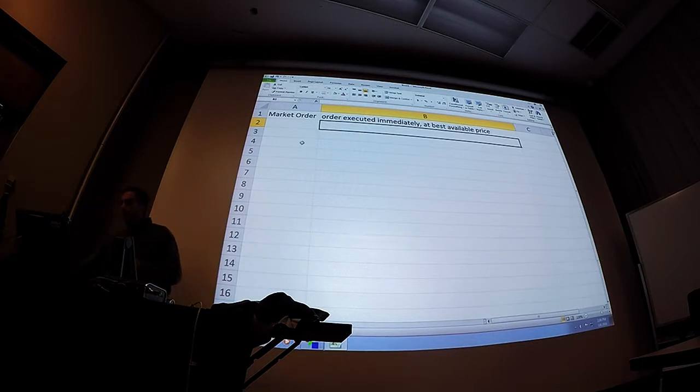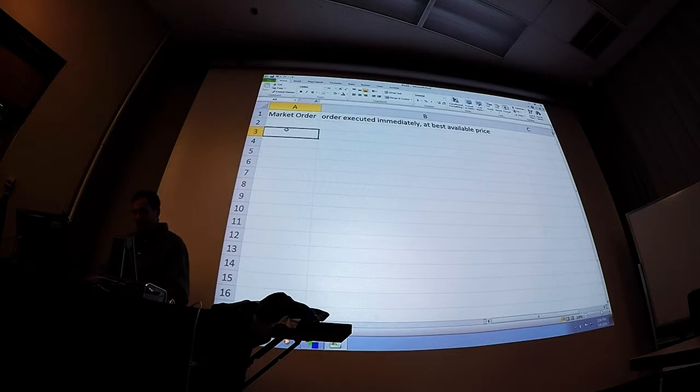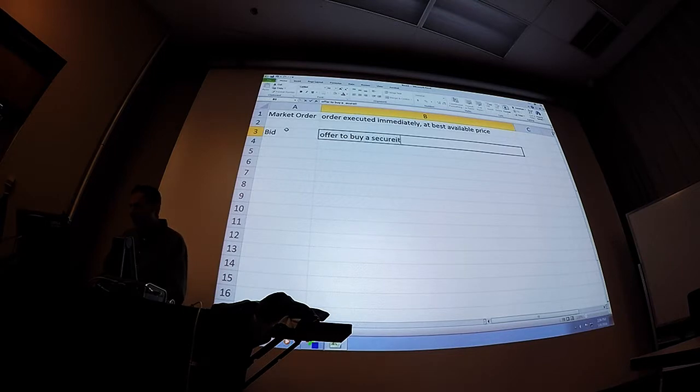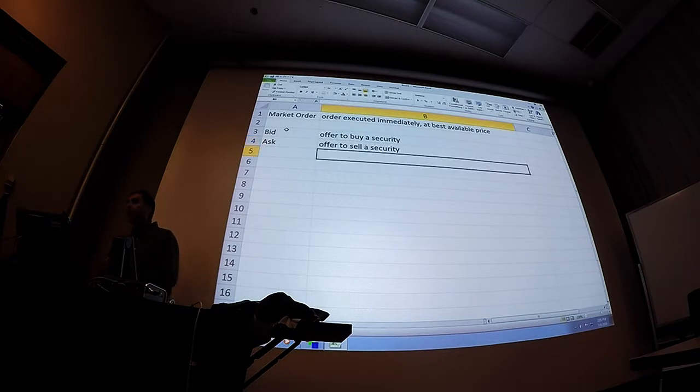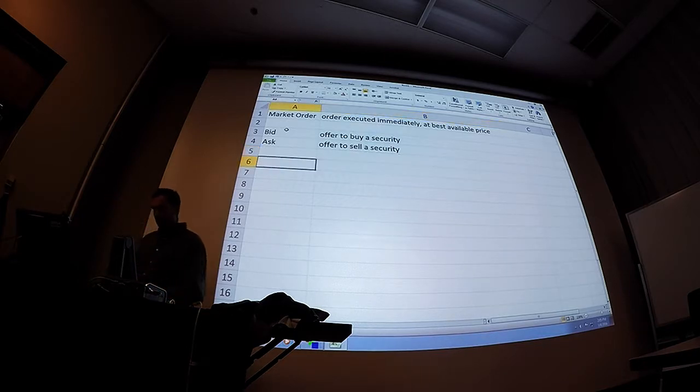And some other terms that you have. A bid is an offer to buy a security. And an ask is an offer to sell a security. So you can submit a bid order or an ask order, and that order could either be a market order or what we call a limit order. And then a limit order